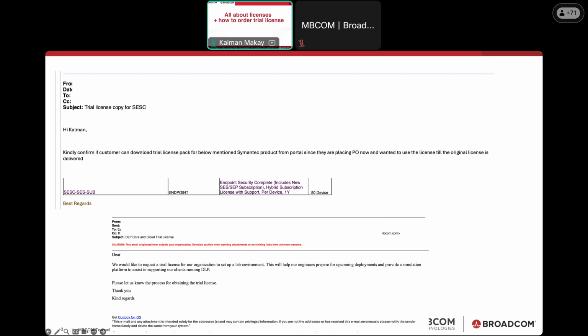environment. So in this case, we are talking about an environment which is planned to be used in the future, because the partner wants to demonstrate the solution to a potential customer. But in this case, the trial is not the right way. Again, I will tell you the details about the license, so you will see what the issue is with this request. And this